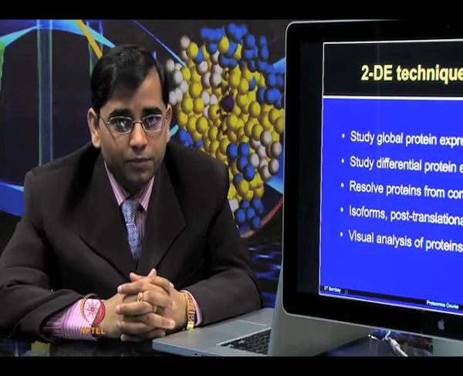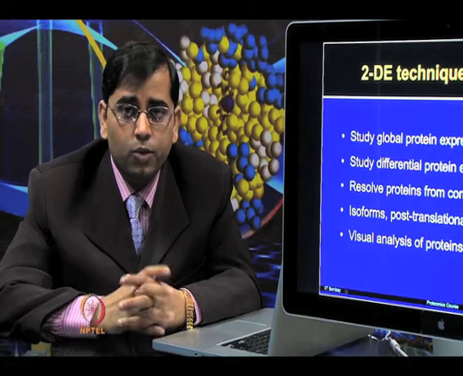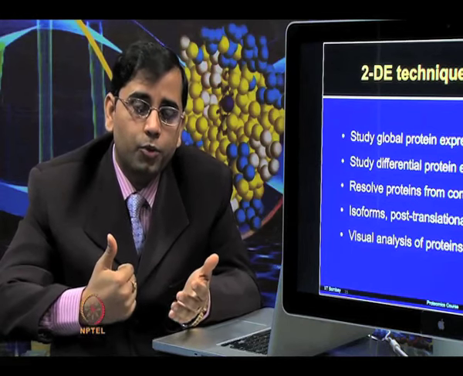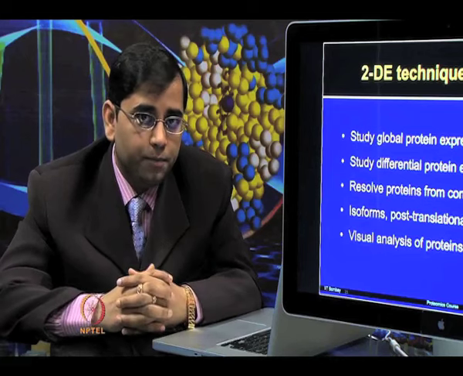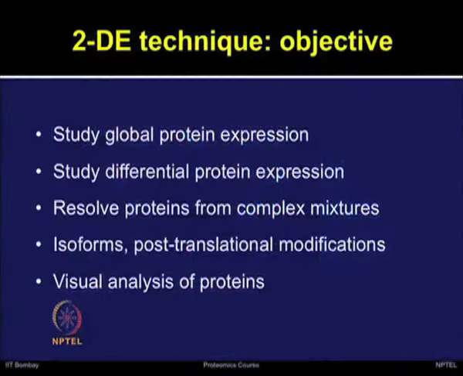One of the major advantages of this technique is the visual analysis of proteins. When you stain a gel after the two-dimensional electrophoresis process, then you can see all the protein spots on the gel, which is not possible from the gel-free approaches such as mass spectrometry. Over there, most of your analysis depends on your spectra and you have to rely on your analysis. In this case here, all the protein spots are already present and you can visualize that, and then you can use each of these spots to further analyze and compare the images.